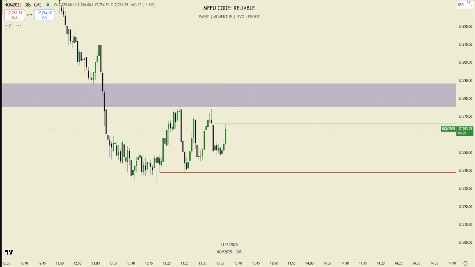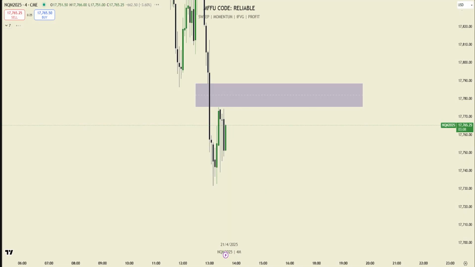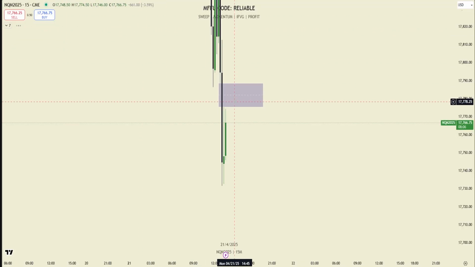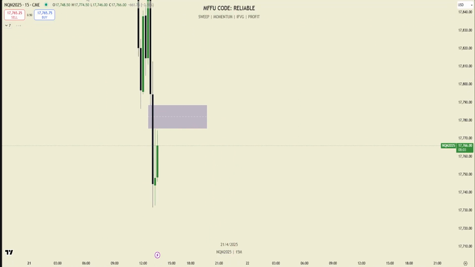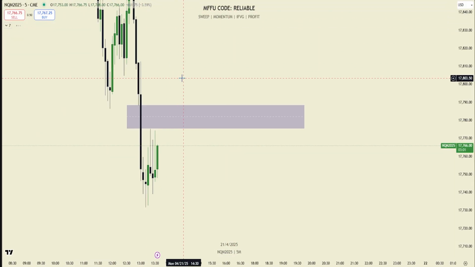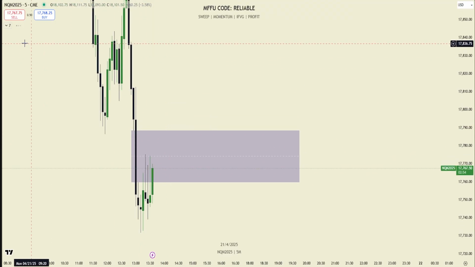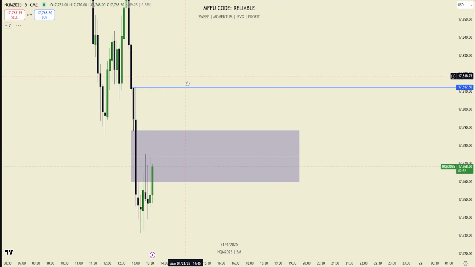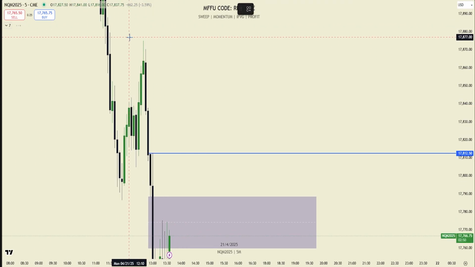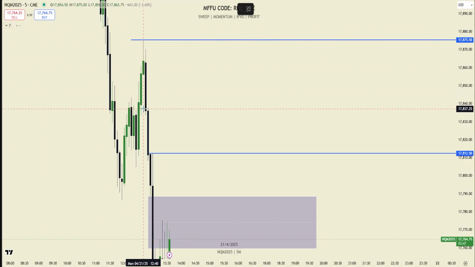As far as any of these longs right here, I'm not touching this PA while we're just chopping. So on any 30-second chart, I'm just going to tape read. I would be interested in a long if we came up and inversed this 5-minute, maybe a 15-minute. I think the 5-minute long would be the best trade we could get here. Then break even would be this high, and first TP would probably be this high, or maybe the last gap in the leg.